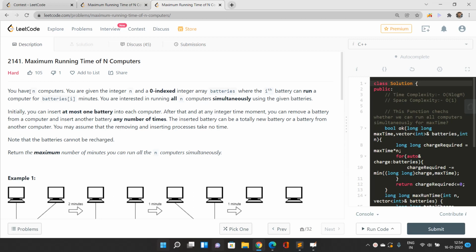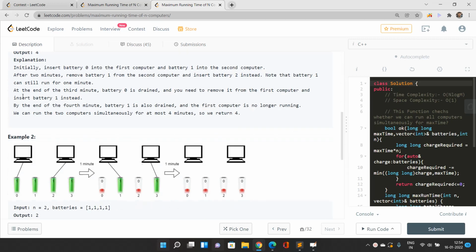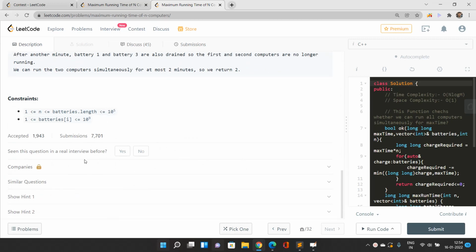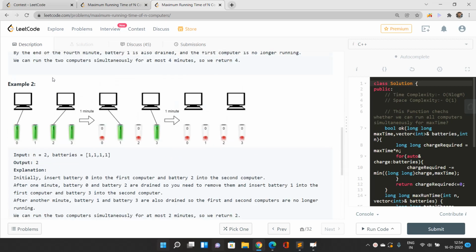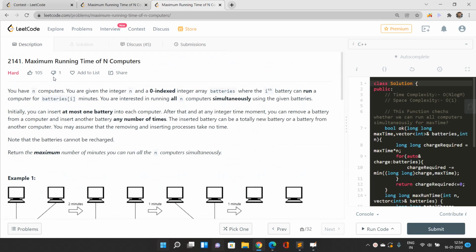I hope you must have read this problem at least once, and if you haven't, no need to worry. I will explain all the possible ways using examples. For now, let's understand the prerequisites required to solve these types of problems. You must be familiar with binary search and simple mathematical tricks. Also, this problem can be solved using a greedy approach as well as binary search.